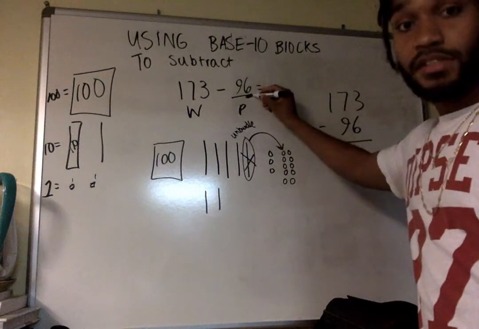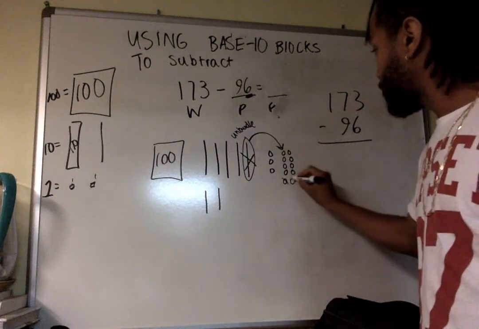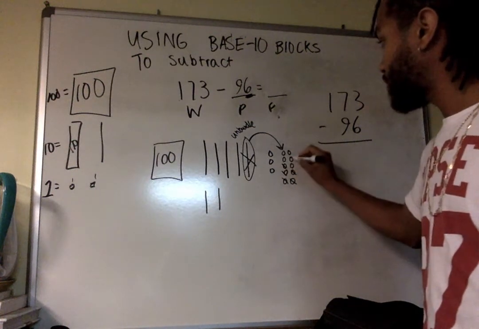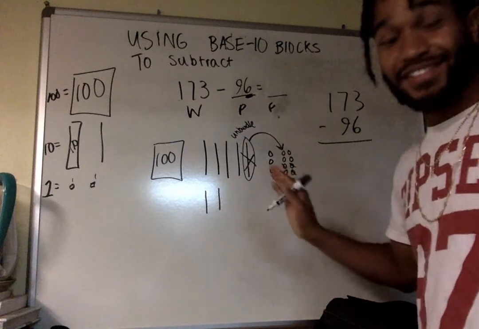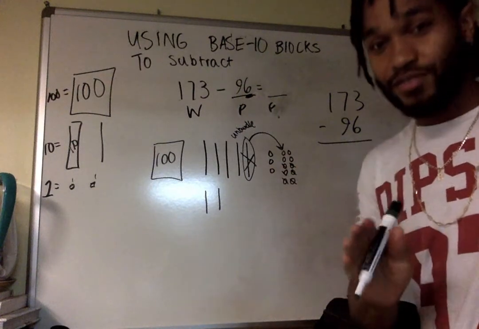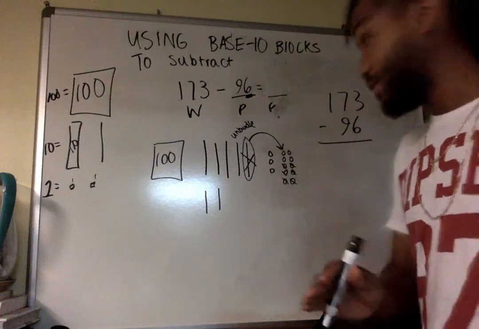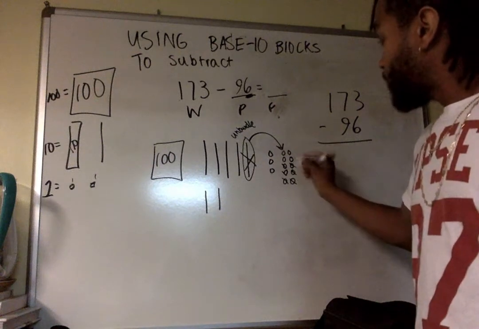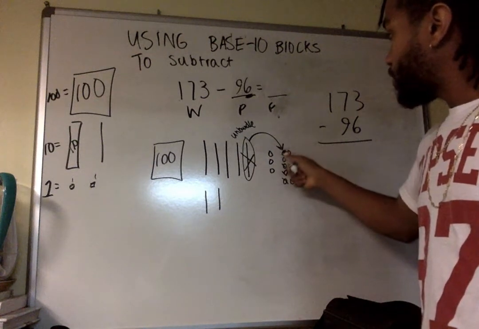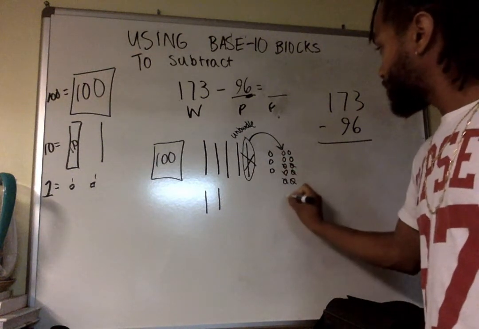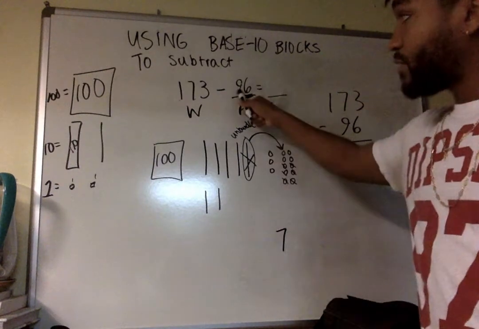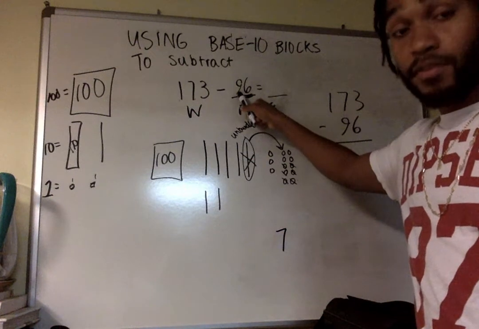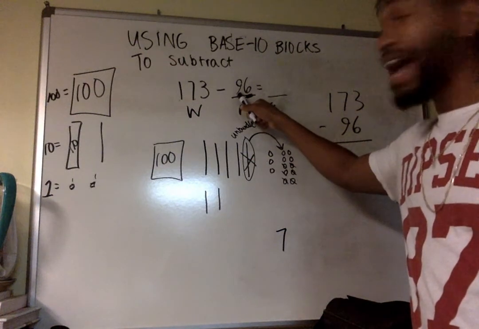Now I could cross out 6 1s. 1, 2, 3, 4, 5, 6. Yes. See? Double check. It's also good for students to double check as well. And how many 1s do I have left? 1, 2, 3, 4, 5, 6, 7. So we have 7. I go to the tens place of the part, and that's 9 10s that I have